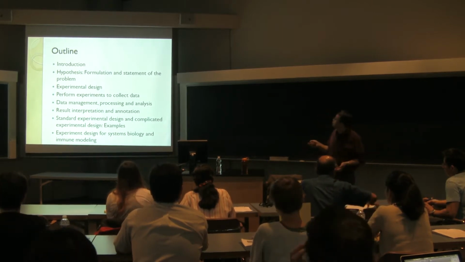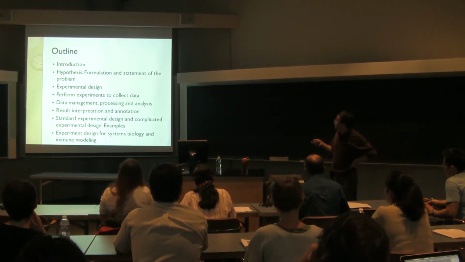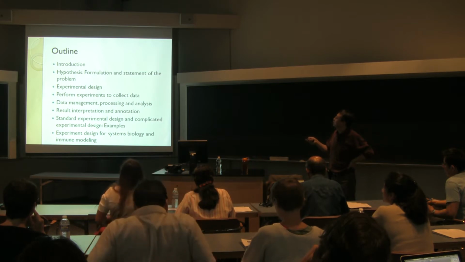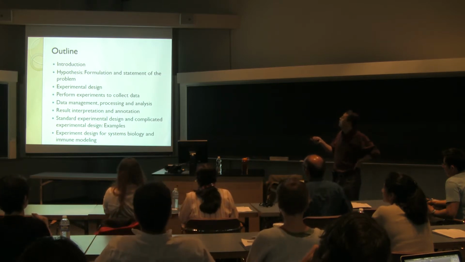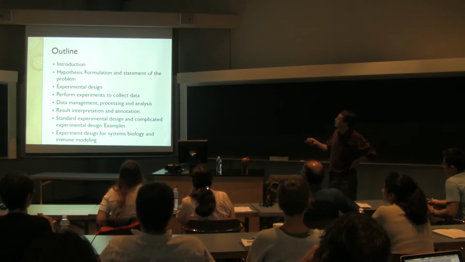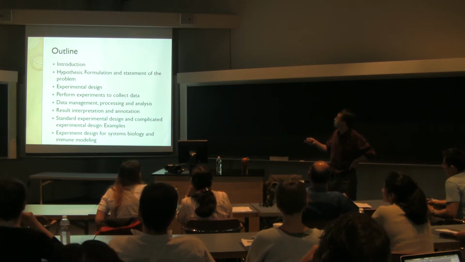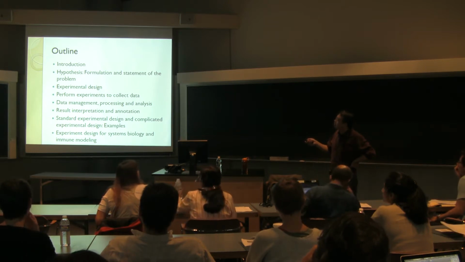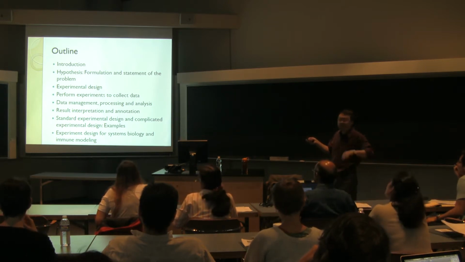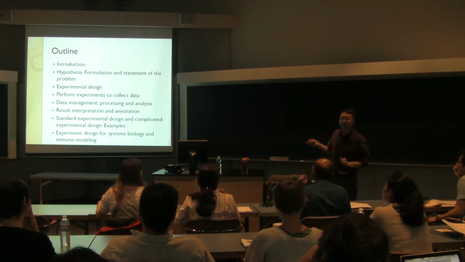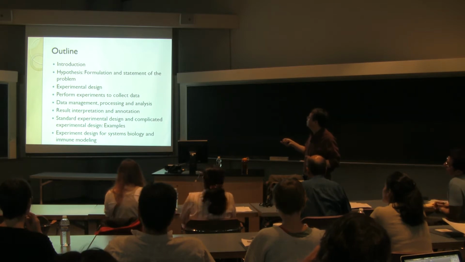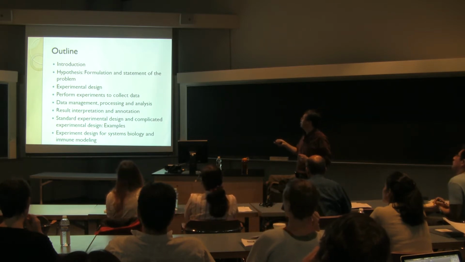So I will give you a brief introduction. Then I will talk about the whole procedure. There are 5 steps. One is hypothesis generation and how to formulate the problem. Then I will focus on the experimental design issues when we try to do this research. And I will briefly mention performing experiments to collect data. This is your job, and you probably know more than me. I will not talk too much on this, and also briefly mention data management, processing, analysis, and also result interpretation